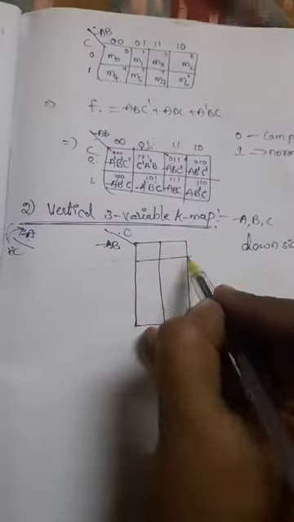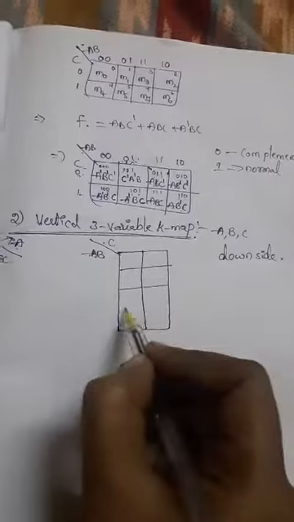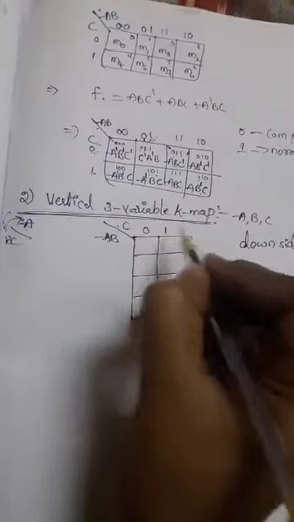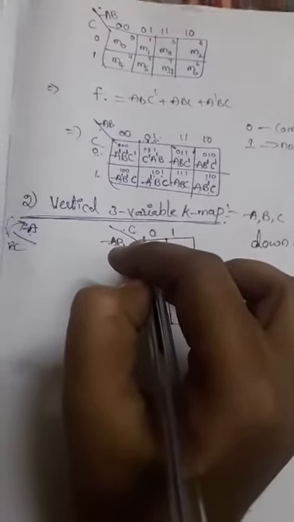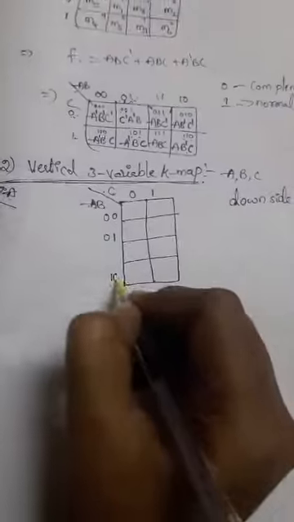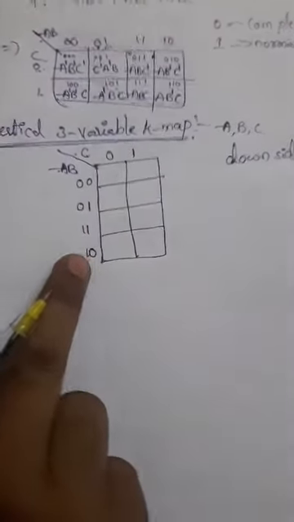Here I am taking a total of 2 variables, so in this part we get 4 combinations. For the C variable, we have a single variable, right? That means only 2 combinations: 0, 1. For the 2 variables, how many possibilities do we get? 4 possibilities: 0 0, 0 1, and the third possibility changes, that means 1 1, 1 0. You need to keep that 1 0 for the last step.